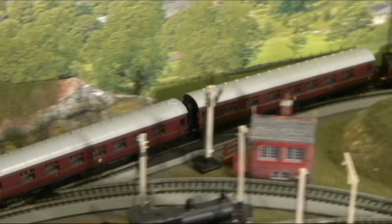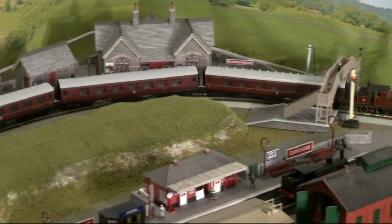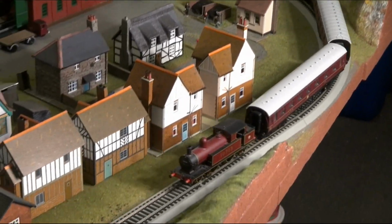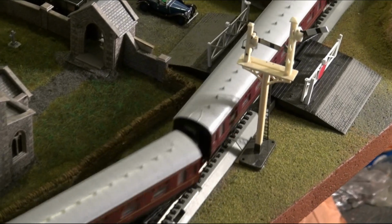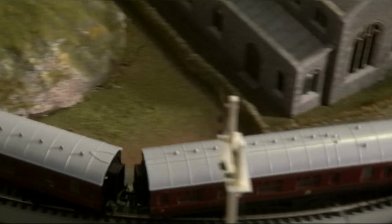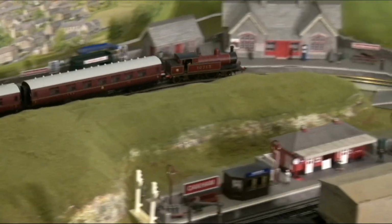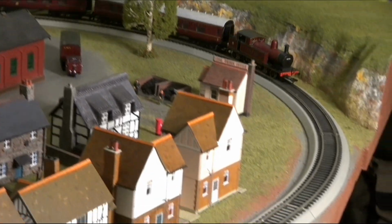Nice coaches in their way. There are some oddities with them. They've got weights in them, which helps, although I don't think it would hurt them to be a tiny bit heavier. They wobble a tiny bit, I think. It's not very noticeable, the wobble. It's actually hard to see in the camera, but I do think there is a bit of a tendency to wobble. Whoops. I was trying to get down to the controller there, and I...